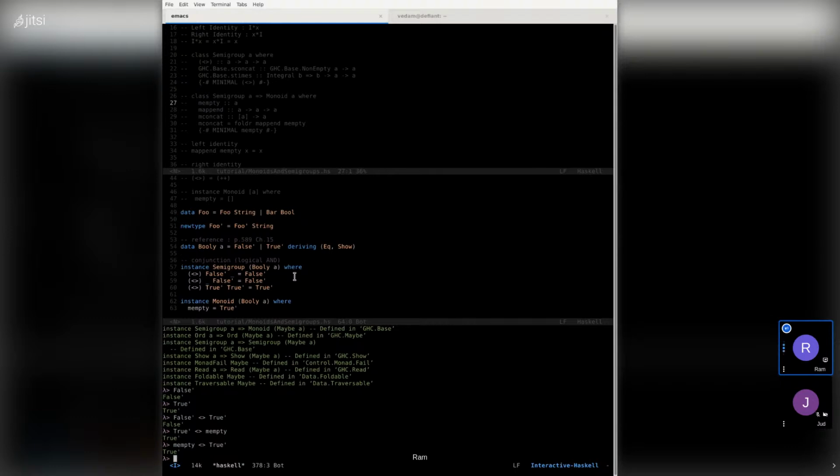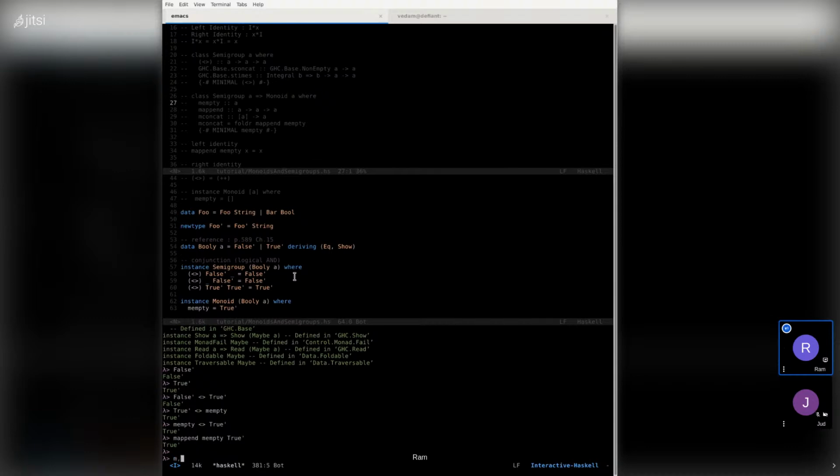We can also use, like I showed you earlier, append, and all of these are now available at your disposal. You can also use append as an infix operator, and you're good.